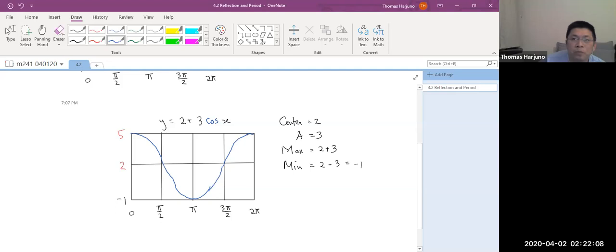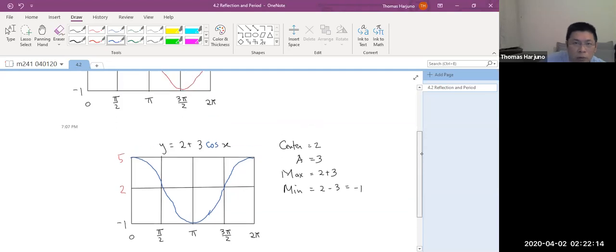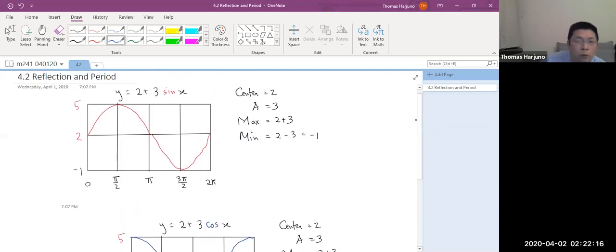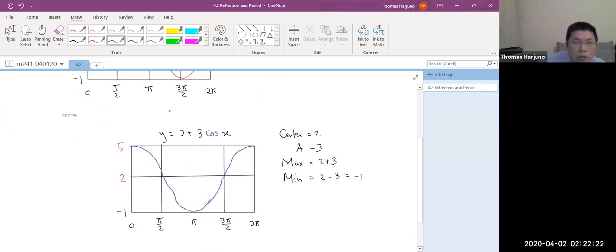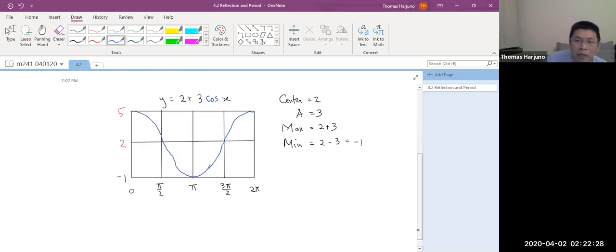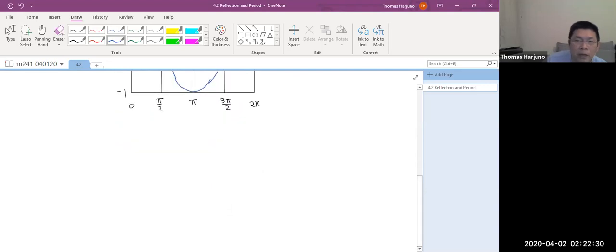Okay, now that's something we didn't learn last time, but I think that's quite easy for us to understand. So if we have a sine graph, we start from the middle, go up and down, okay? And then if we have a cosine graph, we start from the top, we go down and up. Now what happens if I apply a negative in front of that? Before we do so, let's take a look on